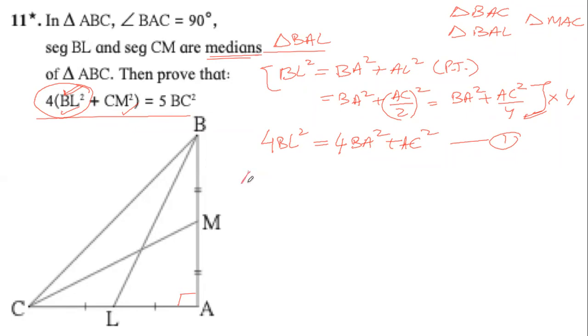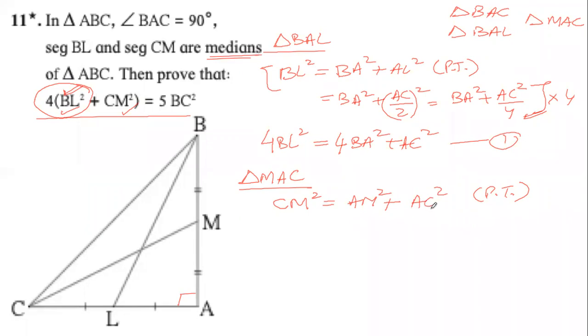Now let us solve together for the other right angle triangle, MAC. Once again, I will use Pythagoras theorem. I will write the LHS. I will write CM square. Tell me what should be the right hand side. Speak or type, whichever is easier. MA square. AM square plus CA square. CA square or AC square, both are correct. Good. That's correct.